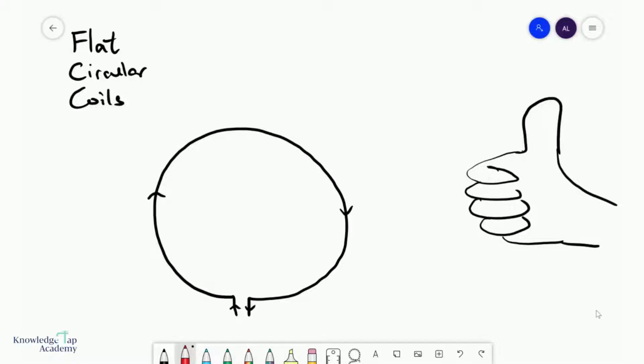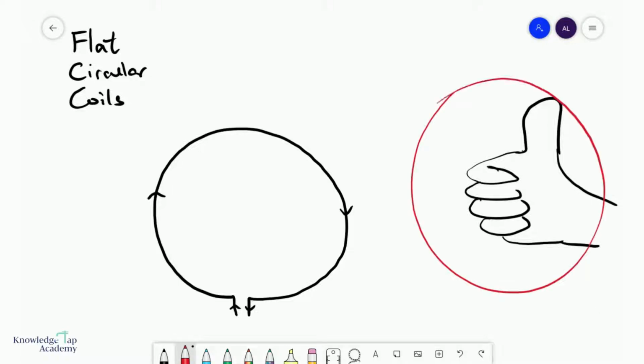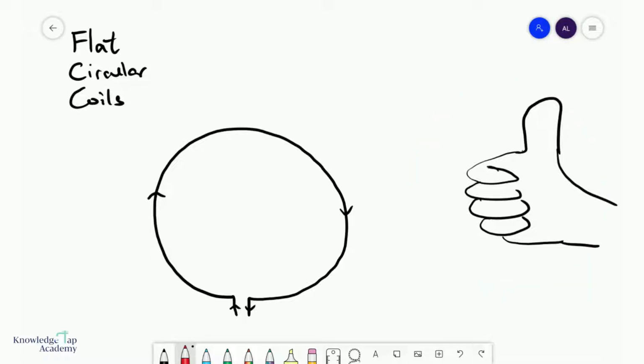In this video, we're going to talk about flat circular coils, which is exactly what it sounds like. First of all, we figure out what is the magnetic field pattern created by it. Again, we use the right hand grip rule to help us. Now, if we use the thumb to point in the direction of the current